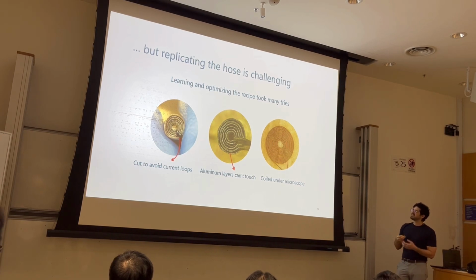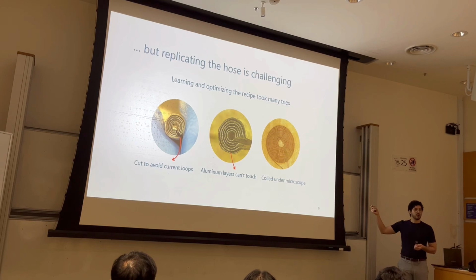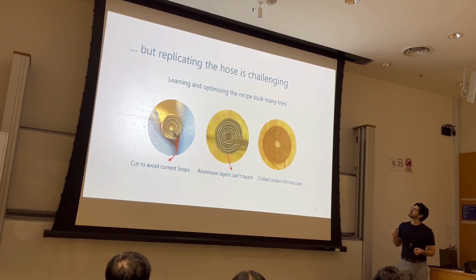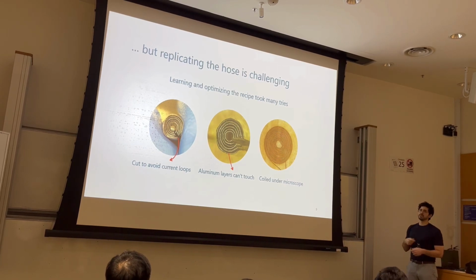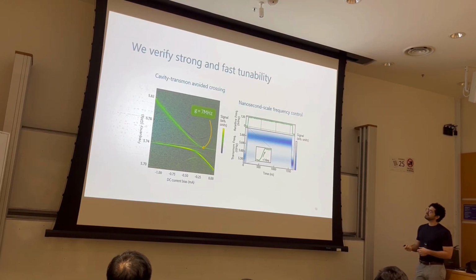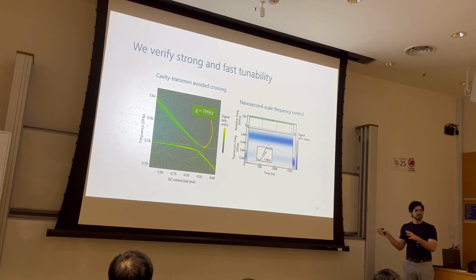And we also want to pack as much magnetic field as possible, so we create a coil under the microscope and try to pack these wires as closely as we can. So it took a few months and a lot of effort to perfect this recipe, but it was worth the effort. Once we pulled out the device, the first thing we did was a spectroscopy experiment to